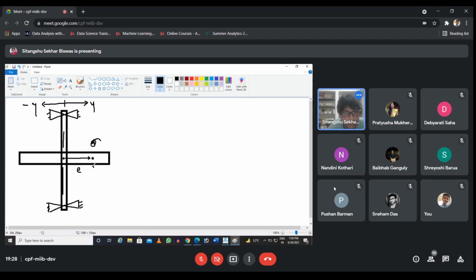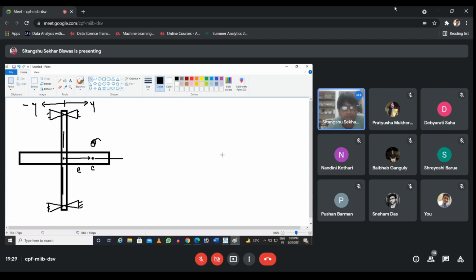Say it is C. In that situation, we know there will be some centrifugal force developed, which will try to change the shape of the entire rotating assembly, and at different frequencies, the mode shape will get changed. So in general, we'll try to find out what will be happening there.